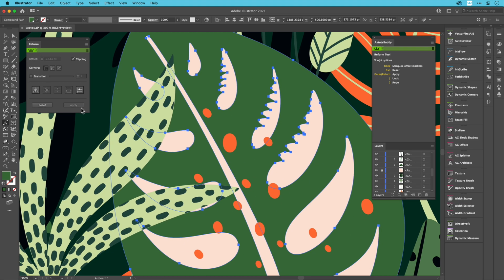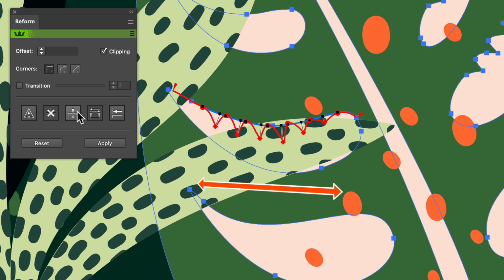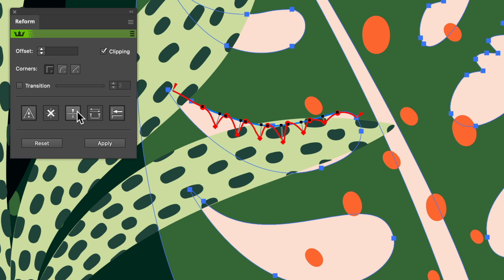In this final demonstration, a partly obscured leaf hole will be modified. Reform can detect any unlocked path in the artwork, and the annotations ensure it's easy to edit, even if not fully visible. A sculpt can be dragged out as normal, then the profile recalled. Notice how it has been applied in the seemingly wrong direction, due to this hole being mirrored to the other side of the leaf. This is no problem.